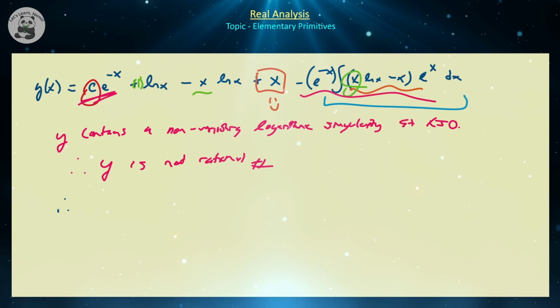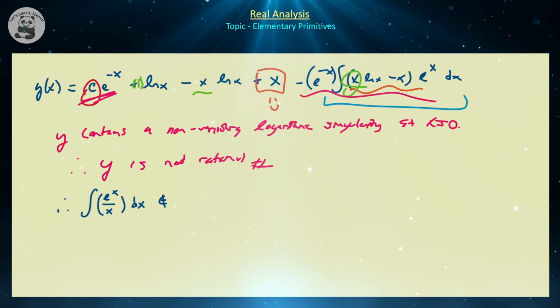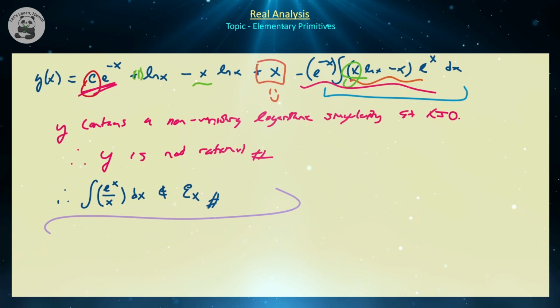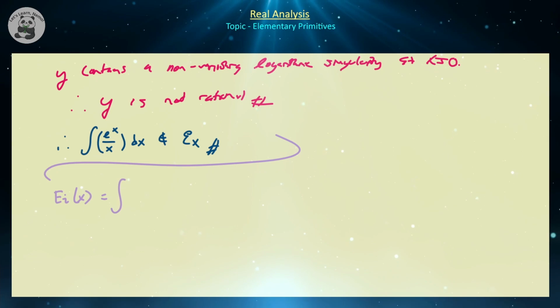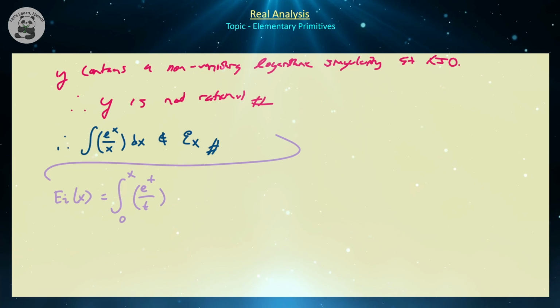So if that is the case, that means the integral of e to the x over x dx is not an elementary function. And since it is not an elementary function, and it is such a well-behaved function, this motivates the creation of a newly created special function, which I'm going to denote as capital Ei of x, the exponential integral, and one usually defines this as the integral from 0 to x of e to the t over t